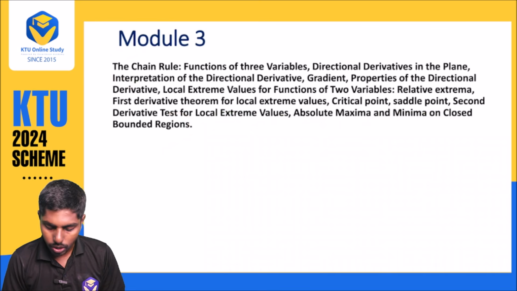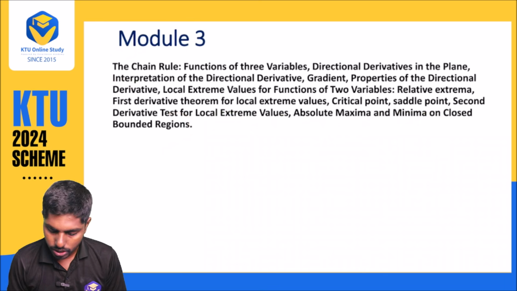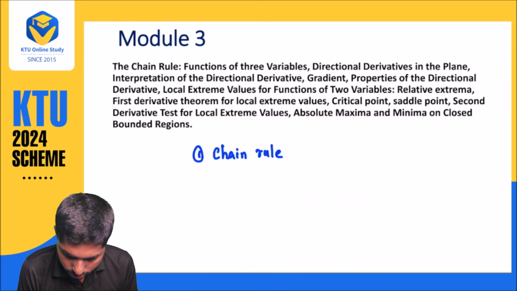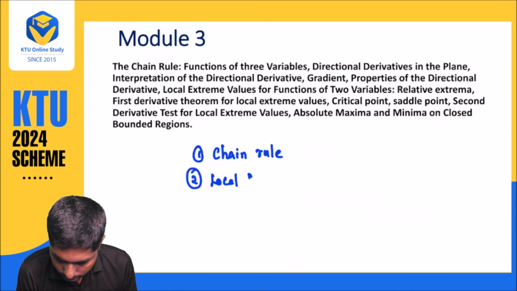Okay, so now we'll see. Let me decode the syllabus into a very simple form. So here I would say there are four topics you want to study. Number one is chain rule, you want to know. Second thing is we also want to know local extreme,